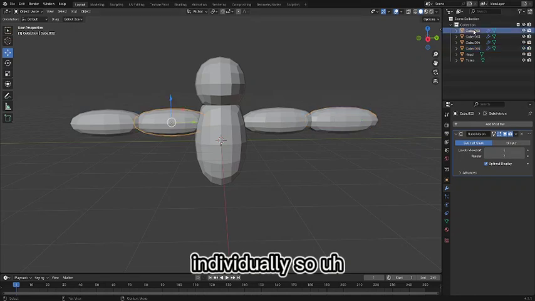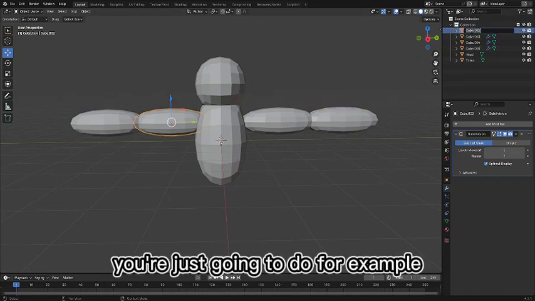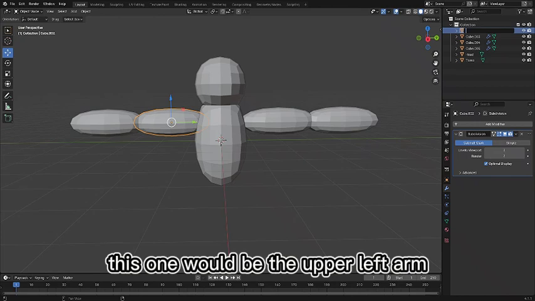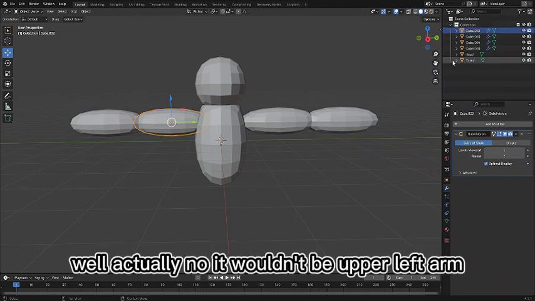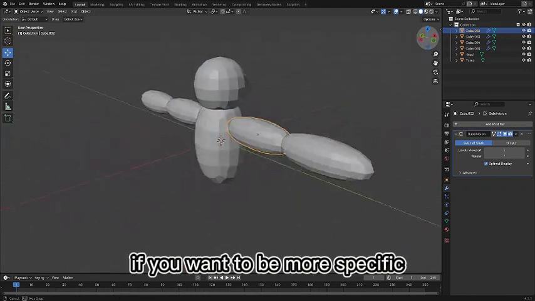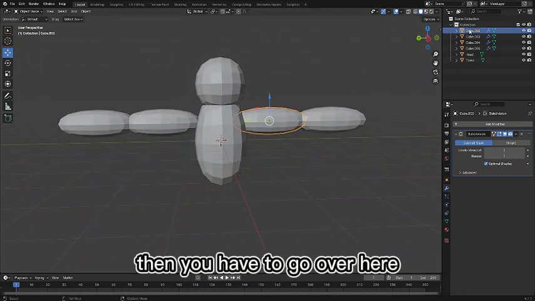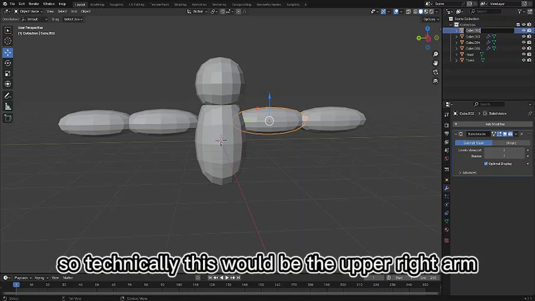So, for example, this one would be the upper left arm. Well, actually, no, it wouldn't be the upper left arm. If you want to be more specific, then you have to go over here. So technically, this would be the upper right arm,